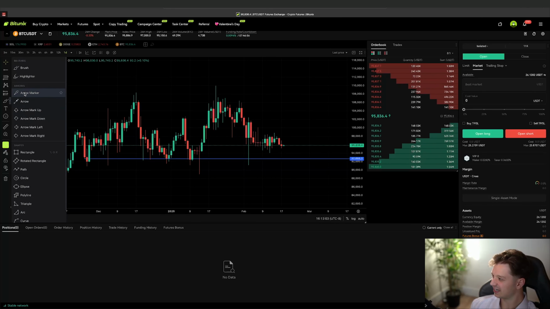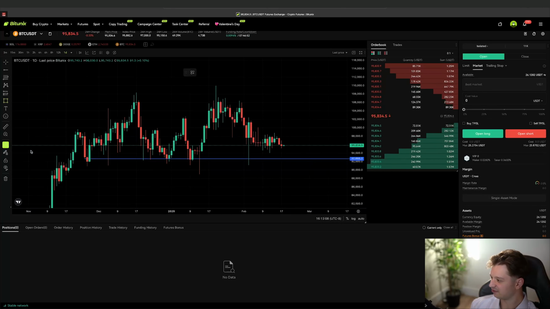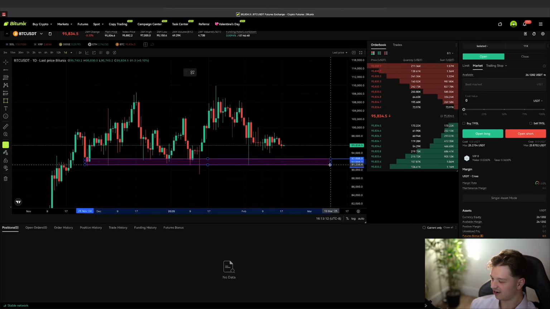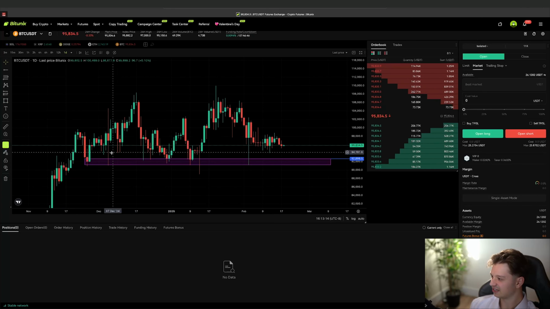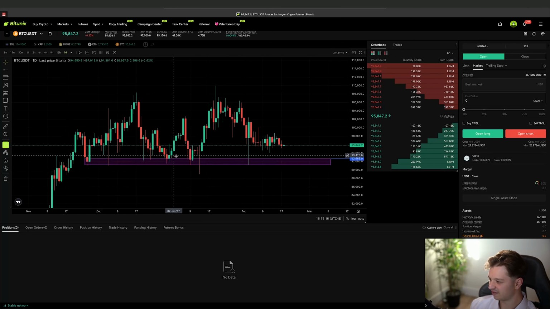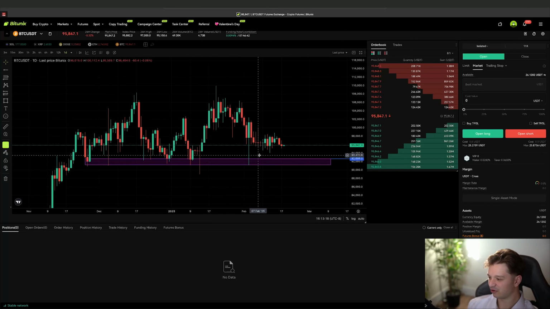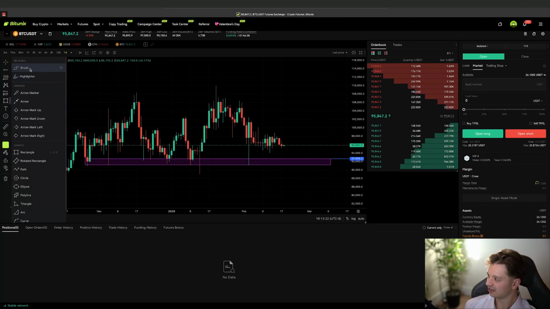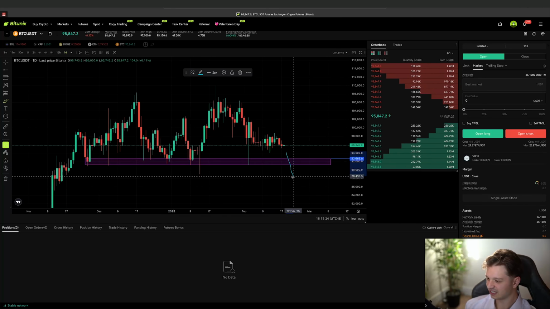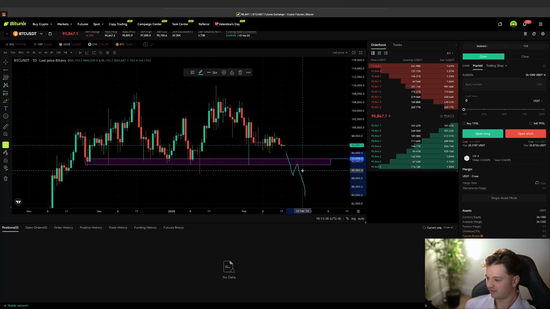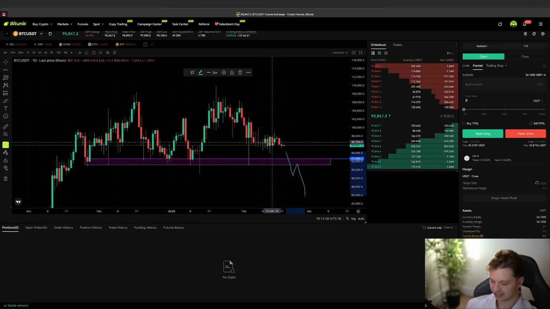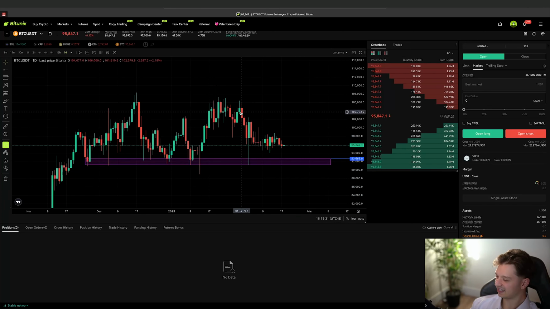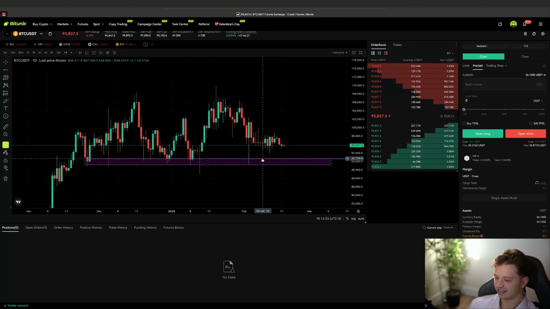And if you wanted to take it a step further, you can go to the drawing tab and scroll down to rectangle, and you can mark the entire area. As you can see, some of the wicks went all the way to the bottom of this box. So support would not be considered lost unless it fully closed below this box and flipped the support like this. So that's just a basic thing that we can get right on our chart that gives us a lot of